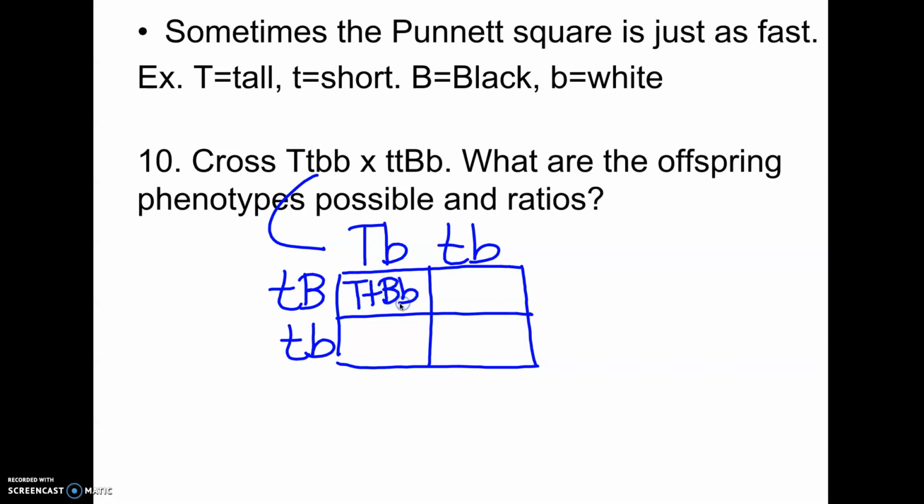So if I put them back together and then I look at the possible outcomes, I would get a 1/4 chance of tall black. This is from this. A 1/4 chance of short